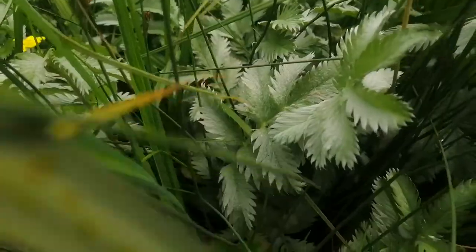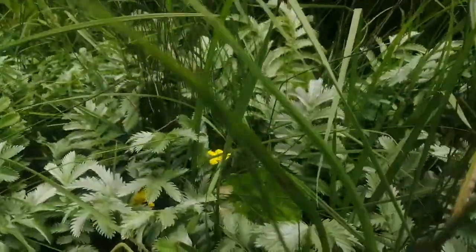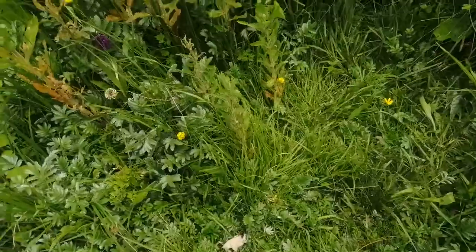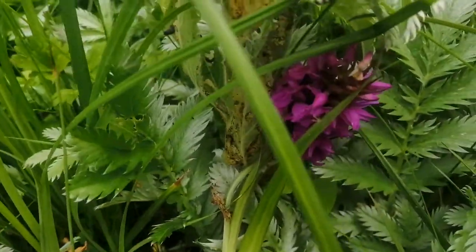It's growing amongst silverweed, and the silverweed's flowering, looking really nice. And not only is that plant there, but there is another one here. But interestingly enough, these plants are